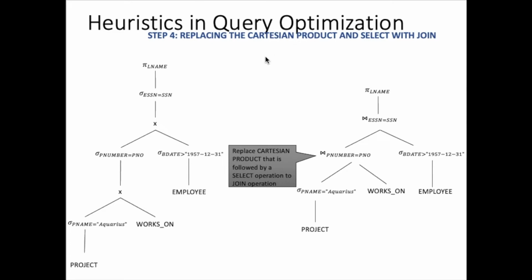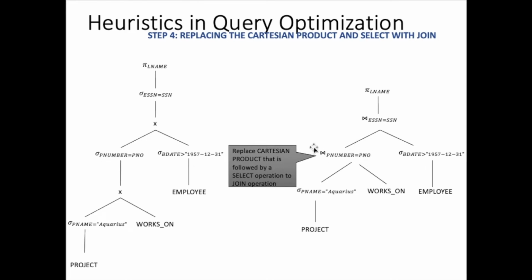So, ayaw natin na gamitin yung Cartesian product then select, but instead, we will use the join operation because there are a lot of other optimal algorithms for the join operation na madidiscuss natin later, na hindi kasing naive ng Cartesian product. Okay? And then, filter the result of the Cartesian product. So, yung Cartesian product natin dito, napalitan na natin ng join with the conditions na ginamit for